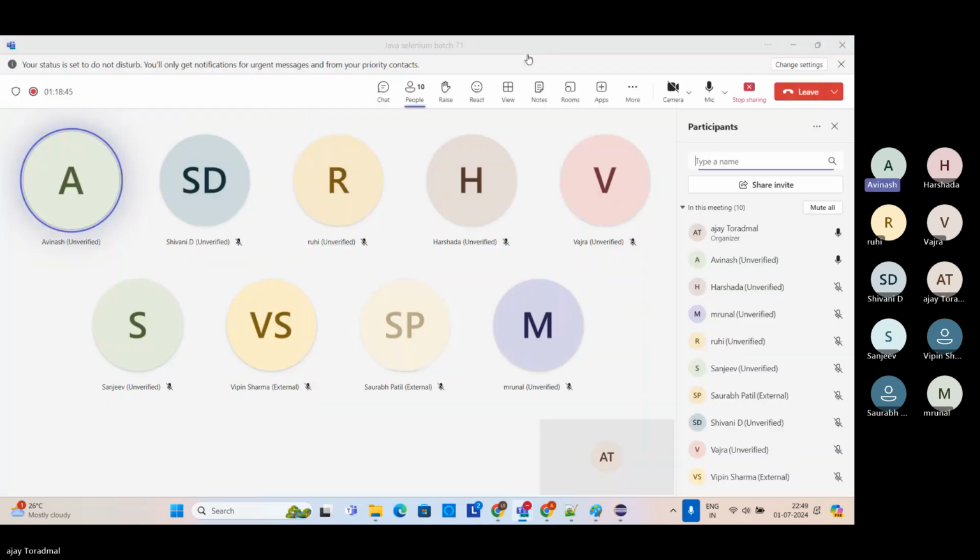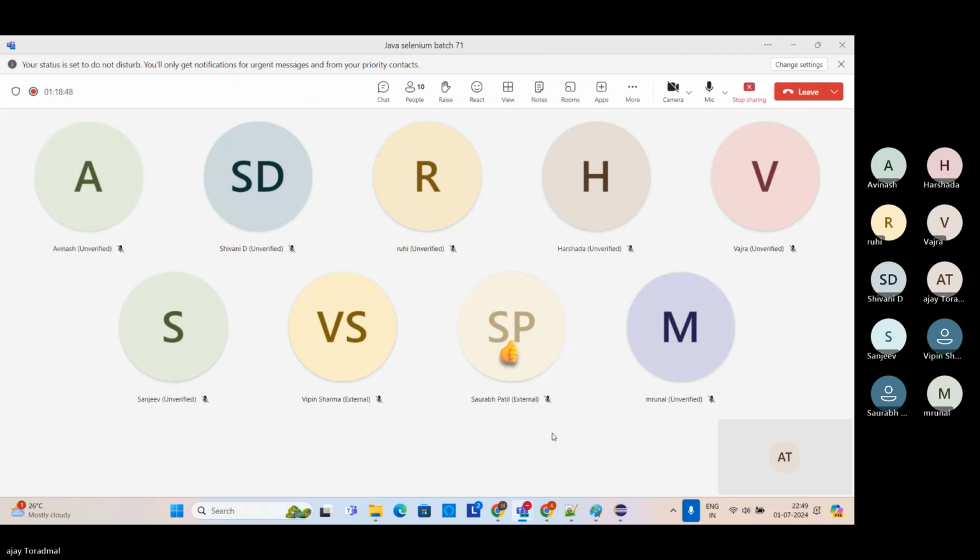Yes, Ajay. Okay. Shivani, yes. Harshada, Ajay is saying listening. Clear. Vajra is saying clear. Okay. Mrunal,